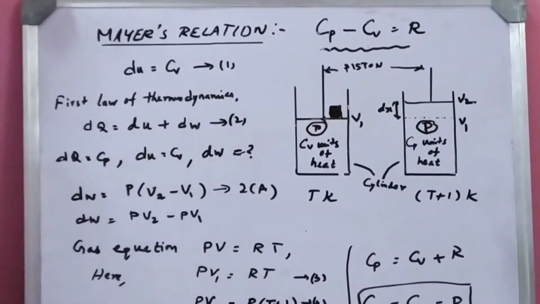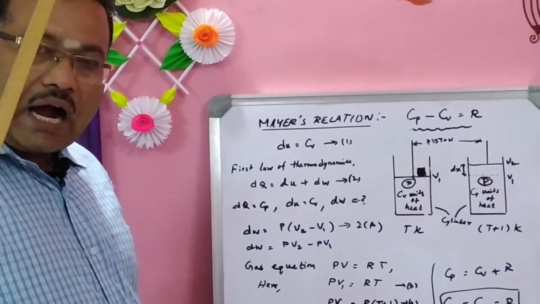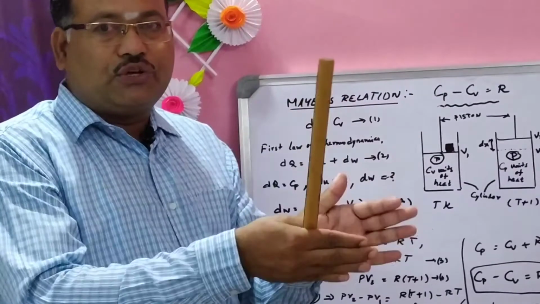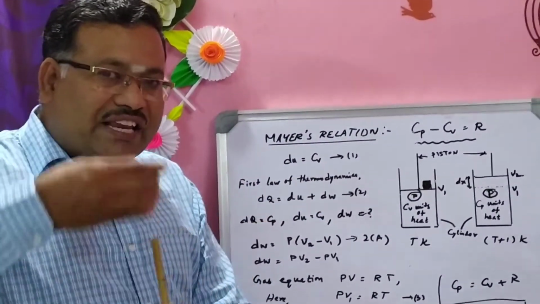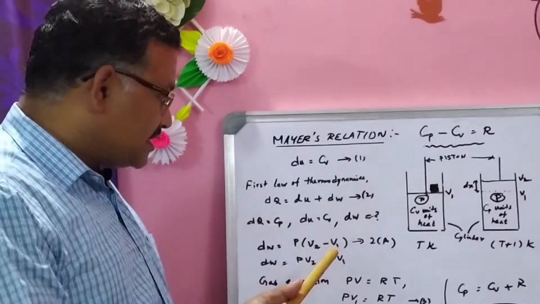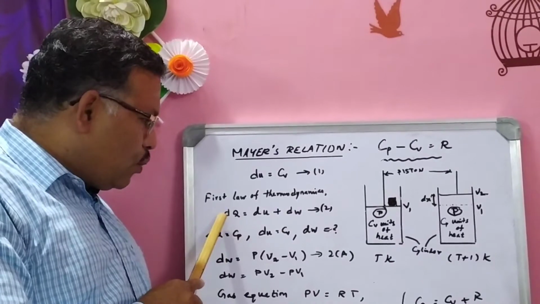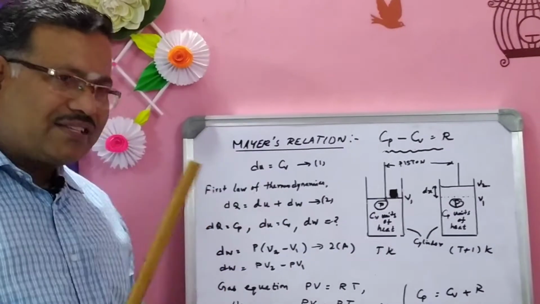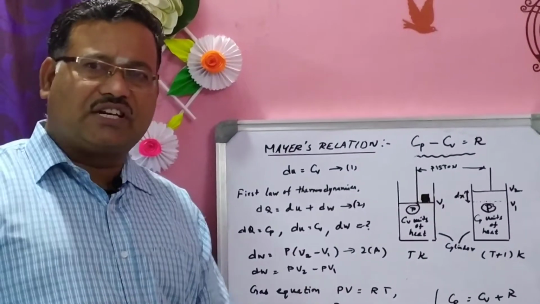What do you mean by dq and du? You know the first law of thermodynamics, we have already studied. According to the first law of thermodynamics, the quantity of heat supplied to the system, that means dq, is utilized for two purposes. One is to increase the internal energy of the system, that means du. Another one is to do work. So why are we using the differential terms dq, du, dw? Because they are all small quantities. To mention they are small quantities, we are using the differentiation term.